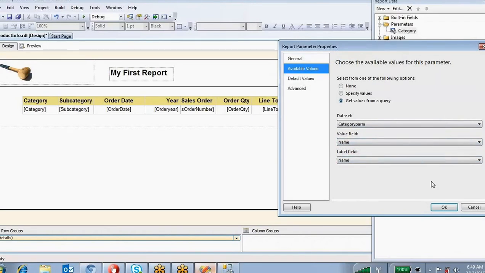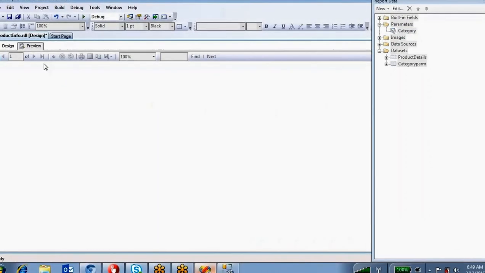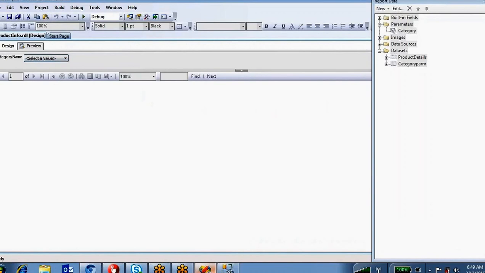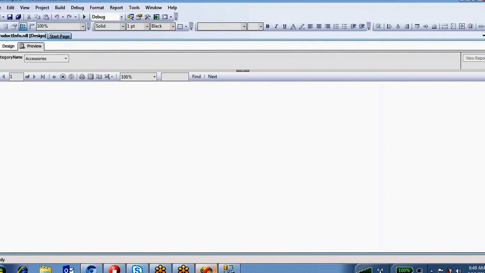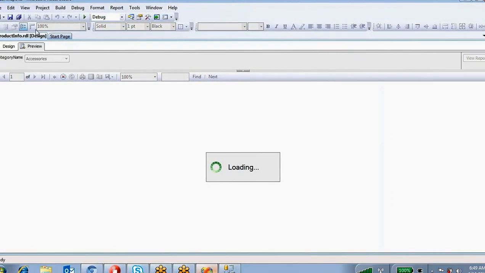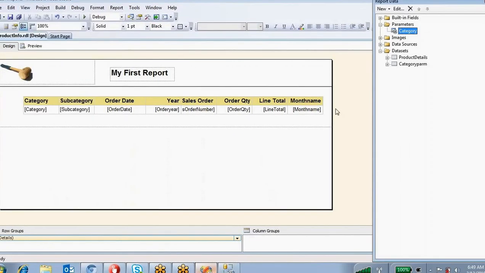If you want to pass a default value, it means that whenever you are previewing, it is not selecting any value here. See here, so you have to select any one value. Okay, and view the report. So by default, the first time you preview the report, I want to pass one value. That parameter value you can pass as a default value.